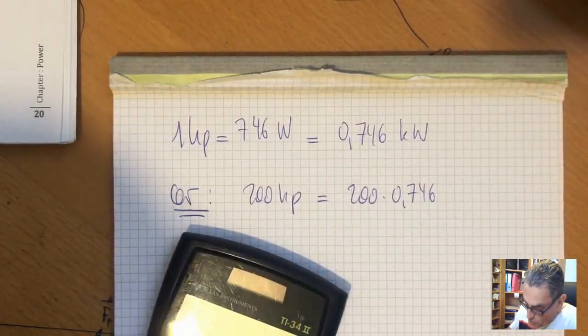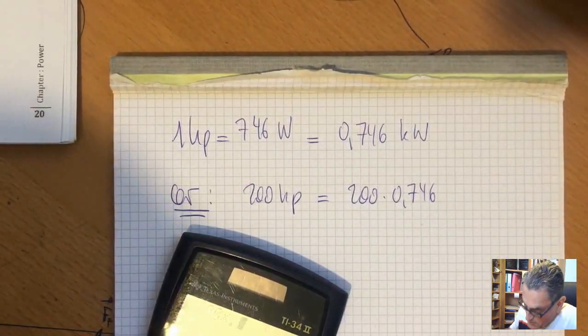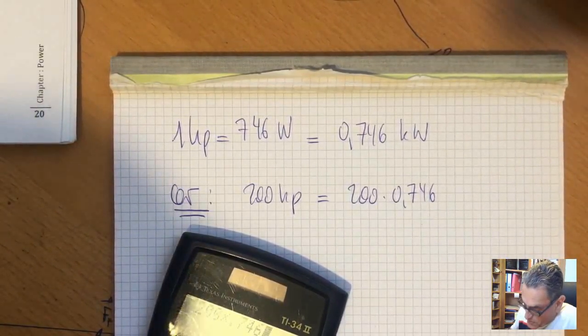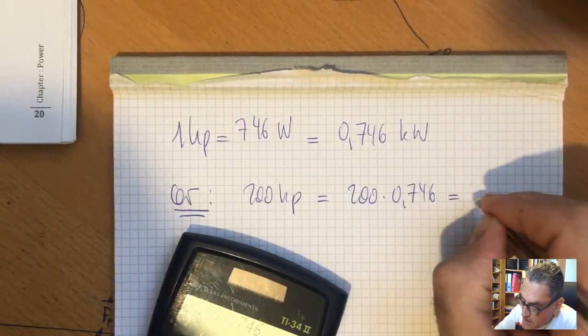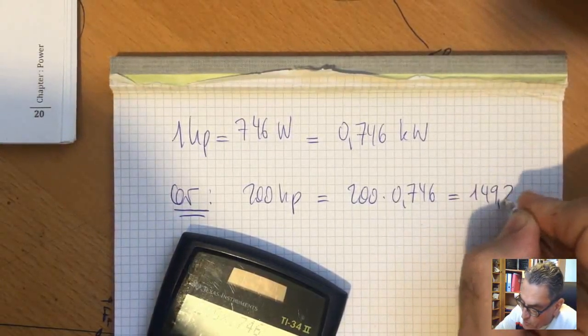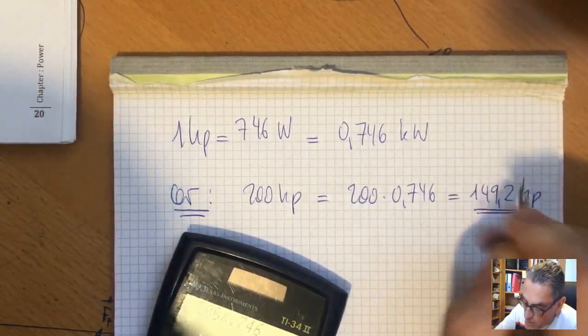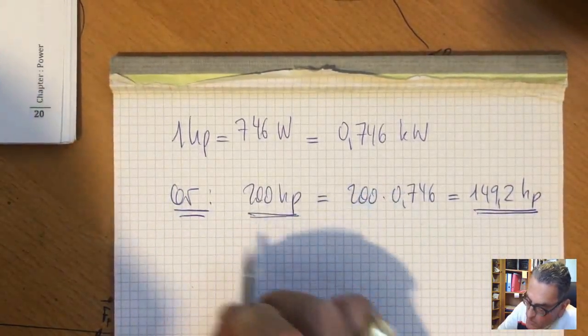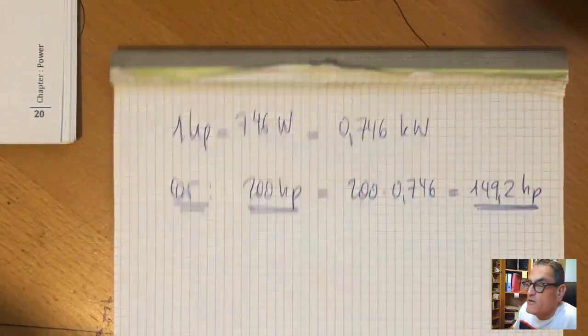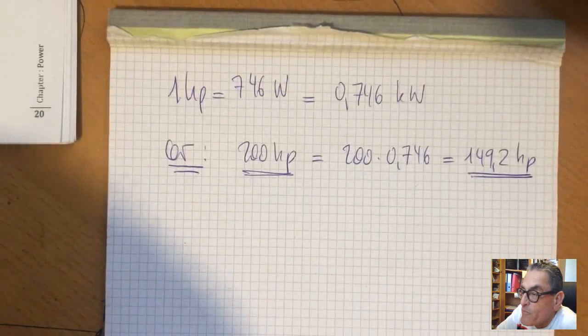Okay, and so 200 times 0.746, exactly, it's 149.2